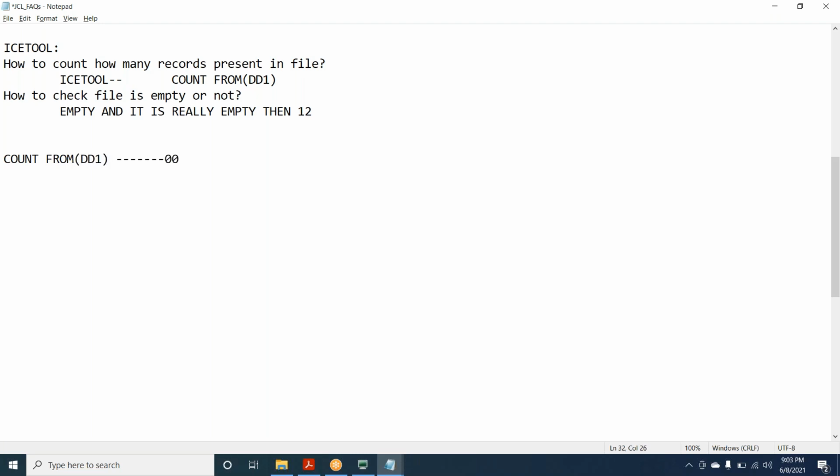Since you did not mention empty or not empty, you will not come to know unless you go to the spool. In step one, I will write a count operator. If the file is empty, then in step two I will put some condition.